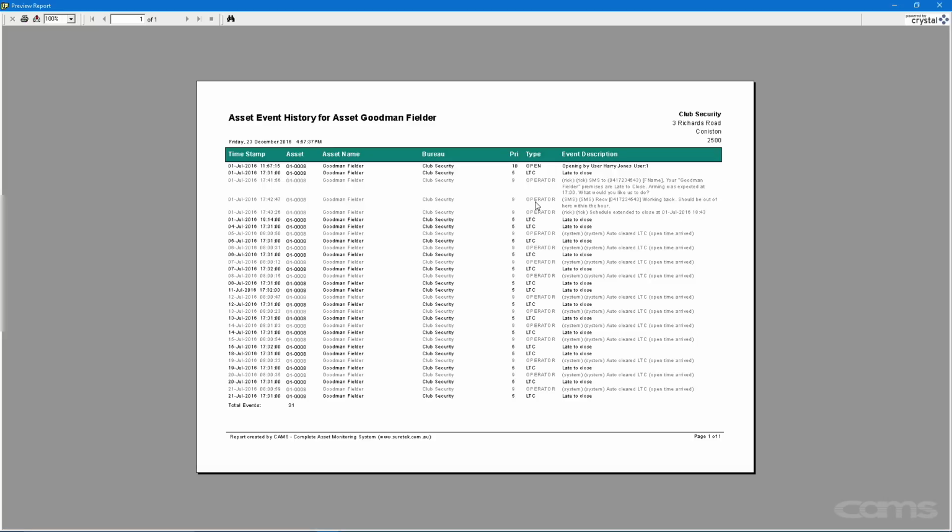The report tells us that within 60 seconds of receiving the SMS, the customer responds from that mobile phone number stating that he's working back and should be leaving within an hour. And then the operator had manually extended the late to close alarm event within CAMS for 1 hour. To make it easier to quickly differentiate the data,